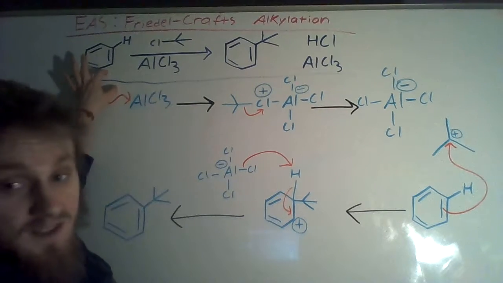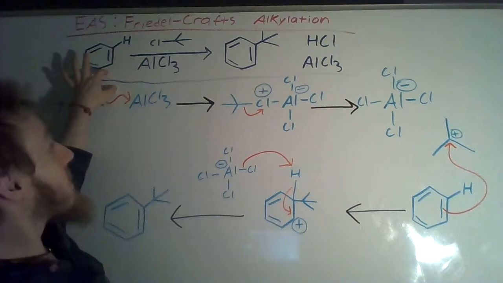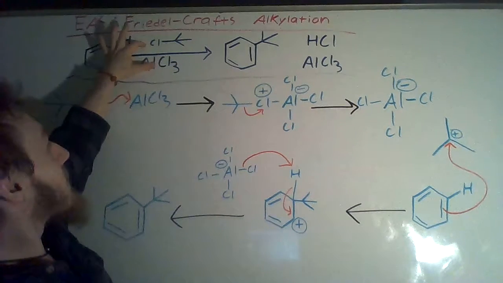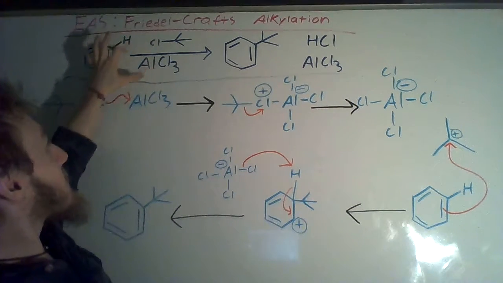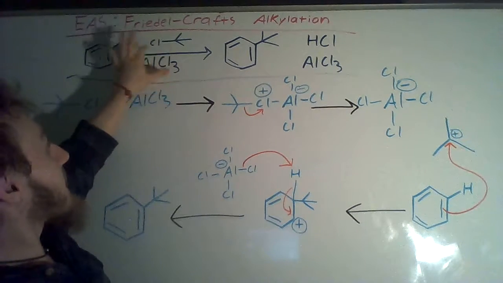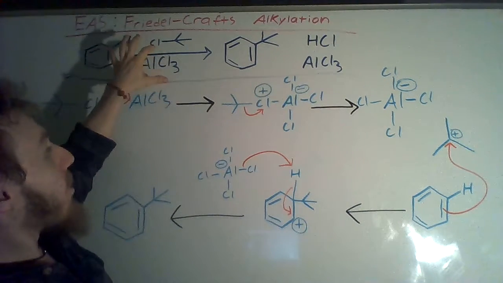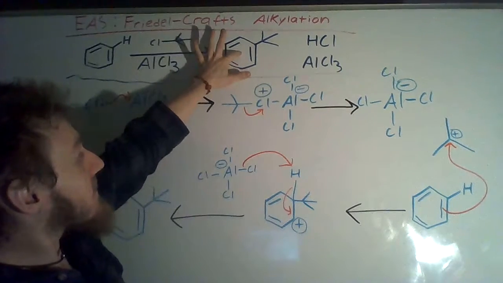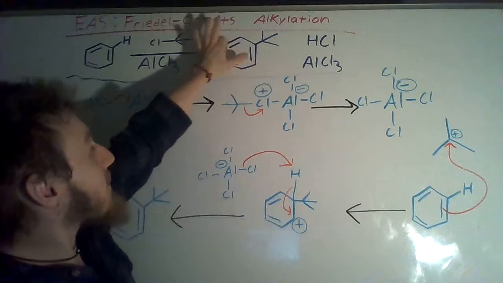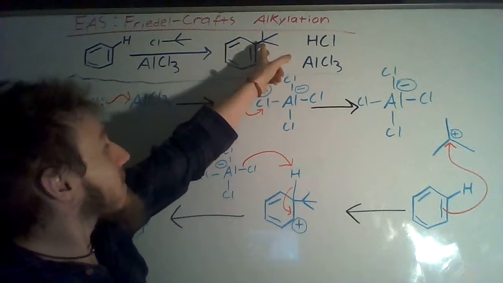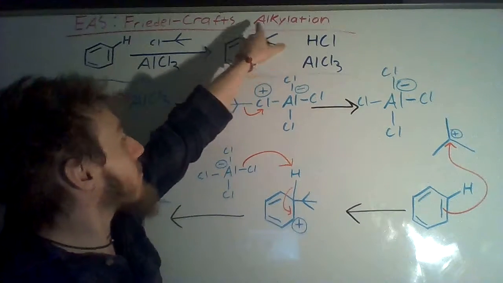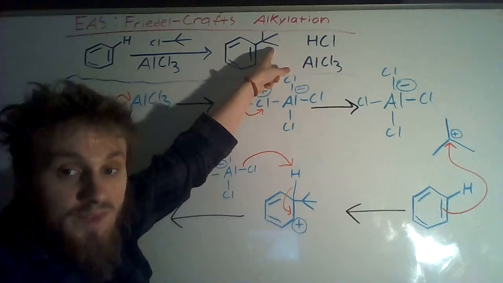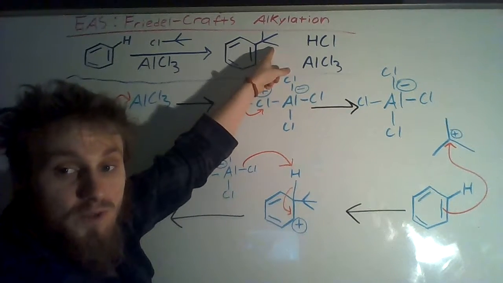Now, if we took this benzene and we reacted it with an alkyl chloride, and we did this reaction in the presence of an aluminum trichloride catalyst, what we would end up with is something that looks like this. So here's our aromatic ring, our benzene ring. Now look at this alkyl group here. Notice that this alkyl group that's attached to the benzene ring is the same alkyl group that was present in